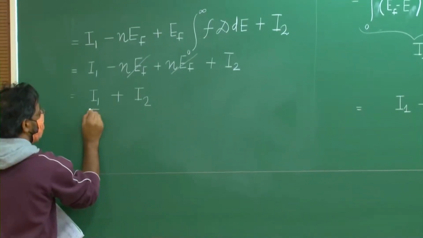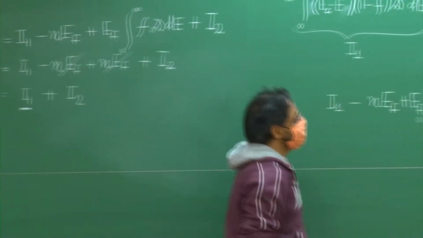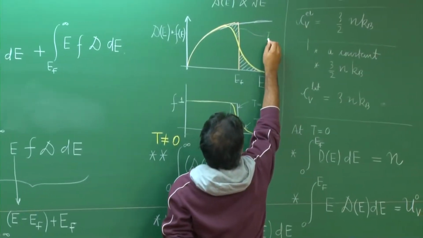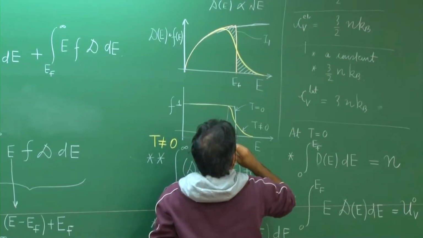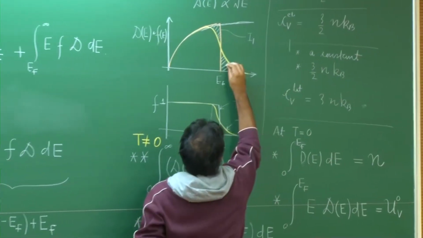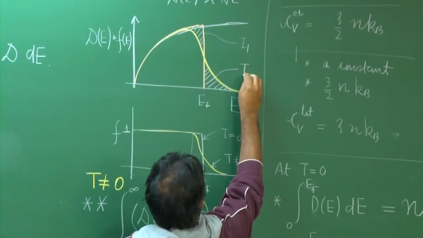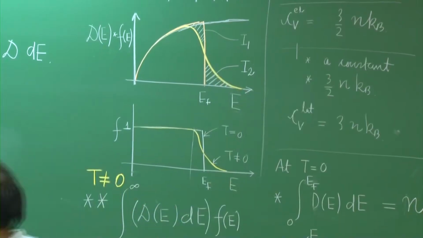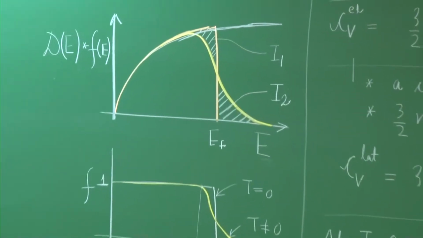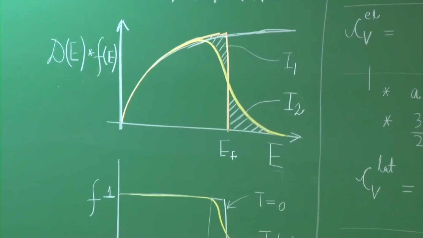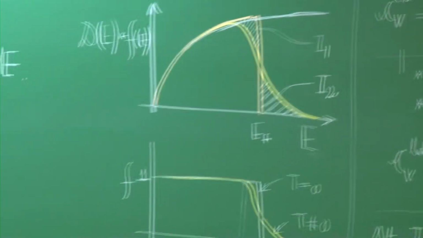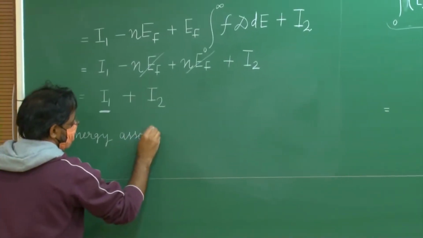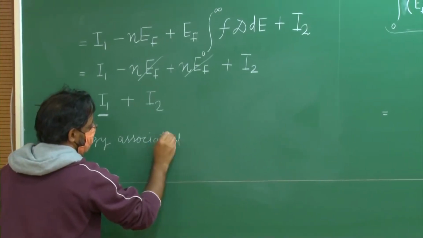This integration, which corresponds to this region, is I1, and the second integration corresponds to the energy associated with occupying this region, that is I2. So, I1 is the energy associated with